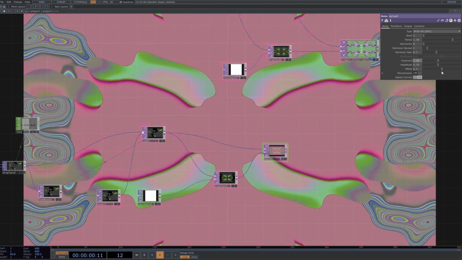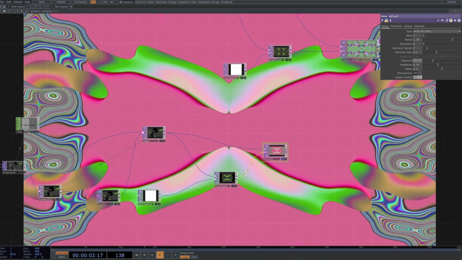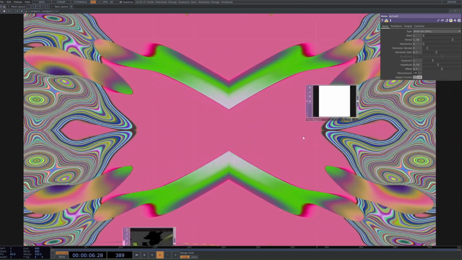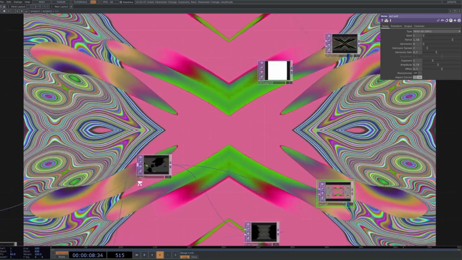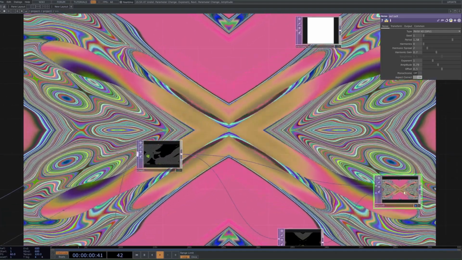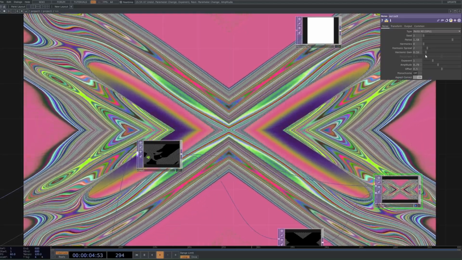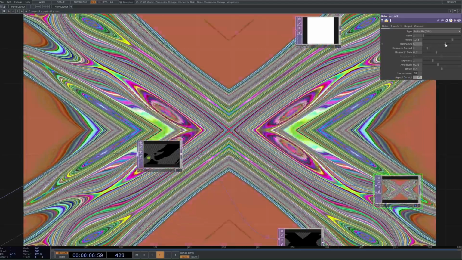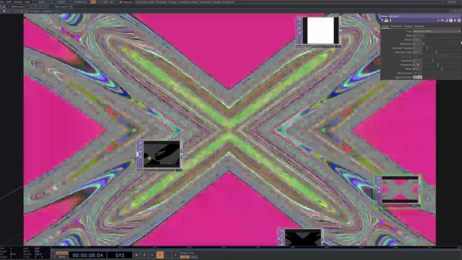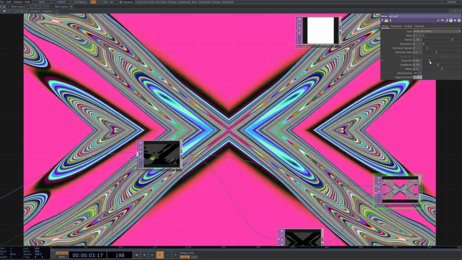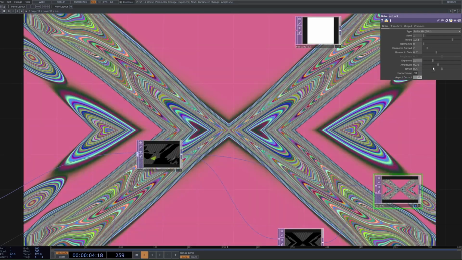I might see this very gradual effect and think, I don't like that, and then look back and realize that's stemming from this noise. What happens if I bring the harmonic gain down, nothing, harmonic period up, maybe the period like that. The point of me showing you this is that